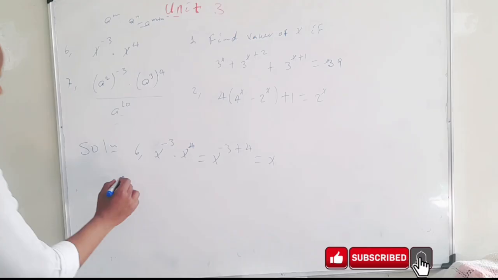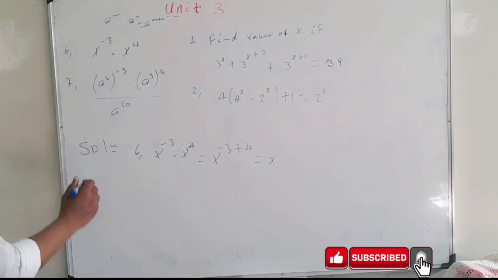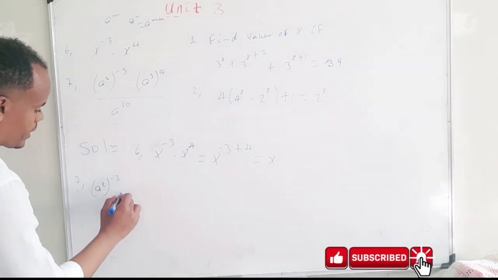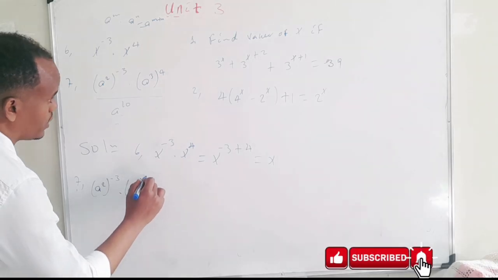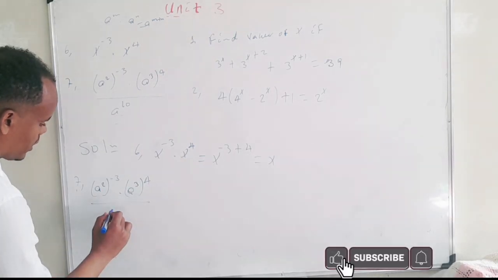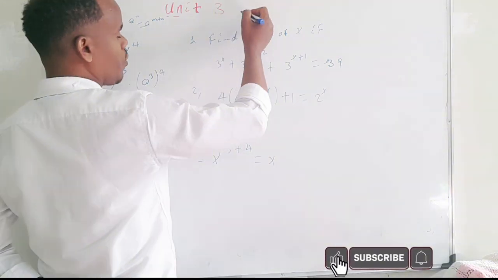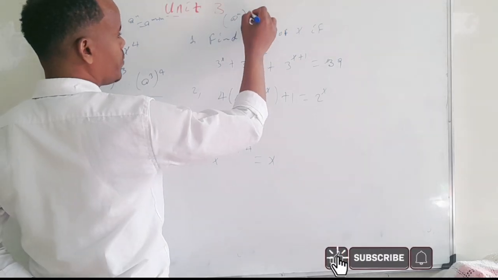And number 7, another law: a to the power of 2 to the power of minus 3 times a to the power of 3 to the power of 4 over a to the power of 10. A power of a power means a to the power of m to the power of n means